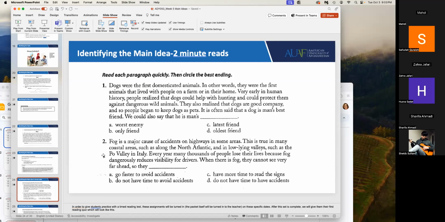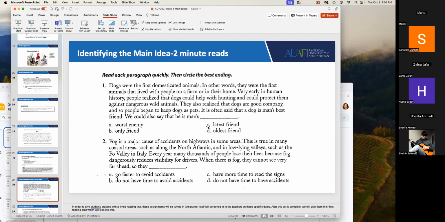So, drum roll. The answer is D and B. How did you do? Some of you got it right, some of you did not. Not everybody got it right.